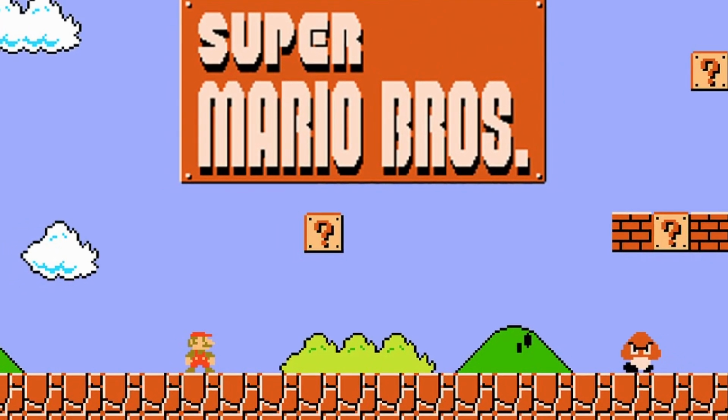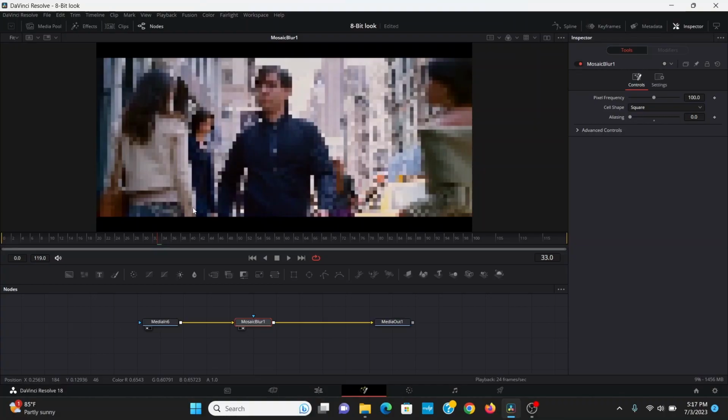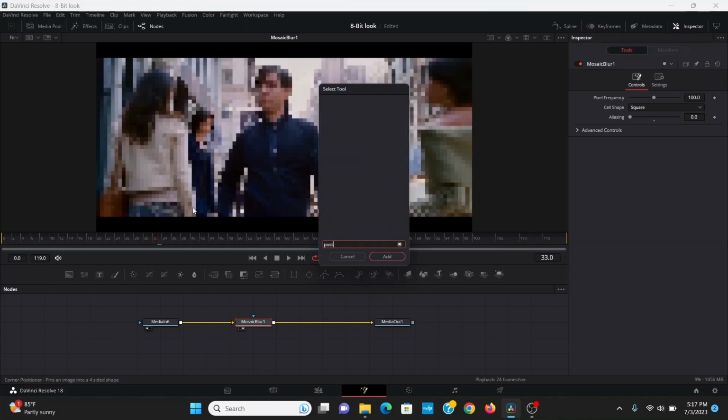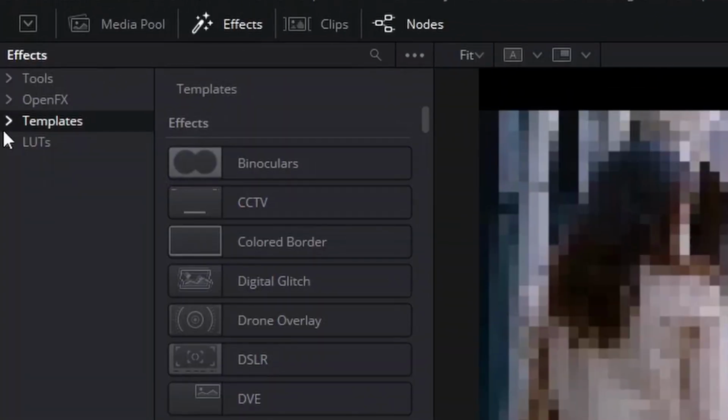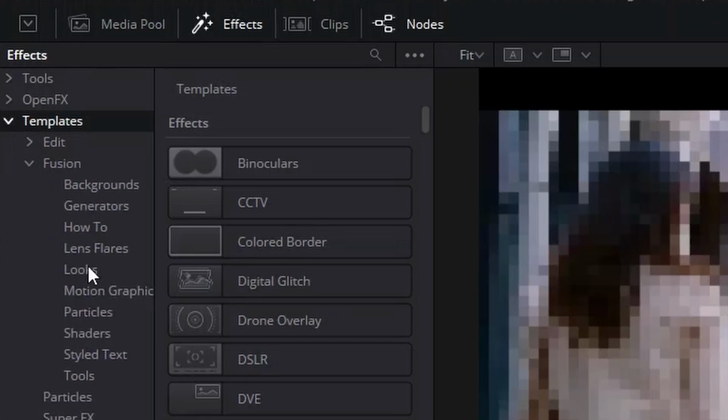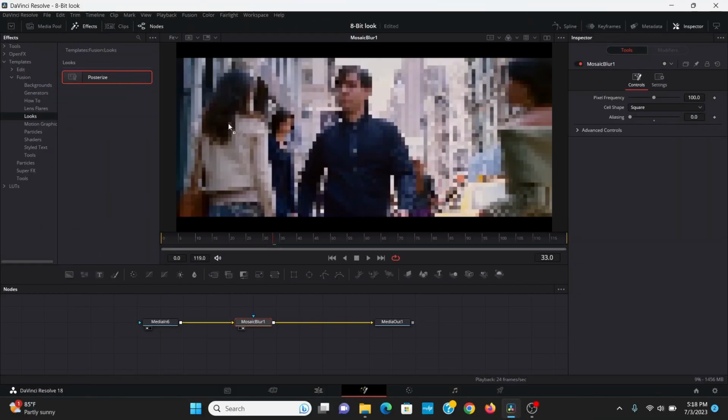Now a lot of the old 8-bit games had a very limited color palette. To recreate that, we can add a posterize, but if I hit Shift Space and search for a posterize, nothing shows up. So this tool is in Fusion, but it's kind of hidden, you have to look for it. To find it, you have to go to Effects, Templates, Fusion, then Looks, and there it is right there. So we can take this and drag it down between our two nodes, make sure it turns blue right there,